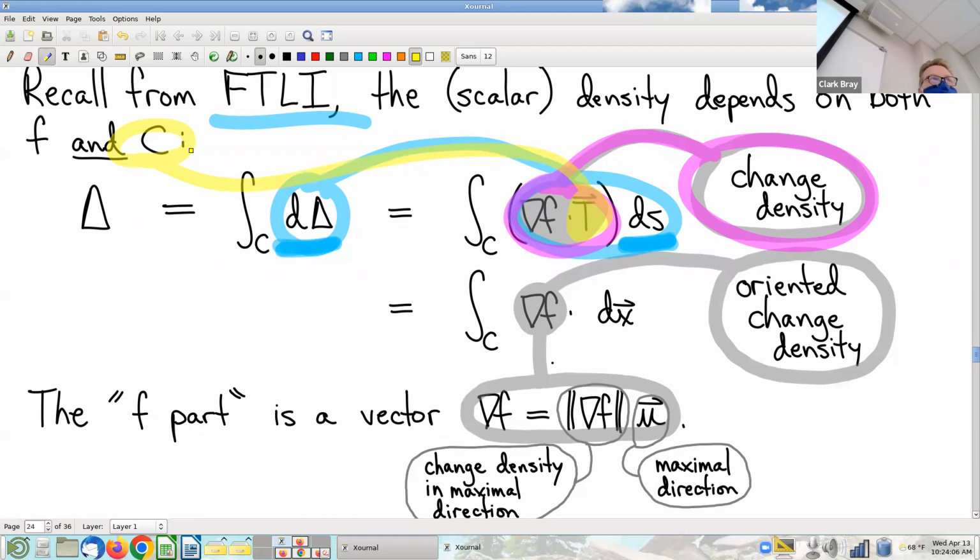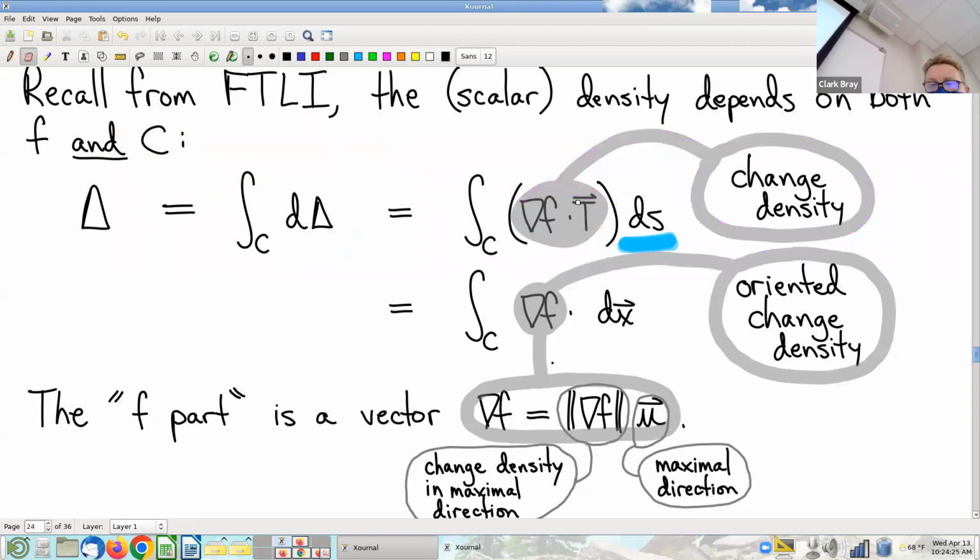Which way are you pointing? Right? It seems weird, right? The function itself is what I want to talk about. How much is it changing? And which direction I'm looking, I mean, I see that it matters, but it just kind of feels like it shouldn't, right? So the way that we address that, the way I like to address this, is to notice that